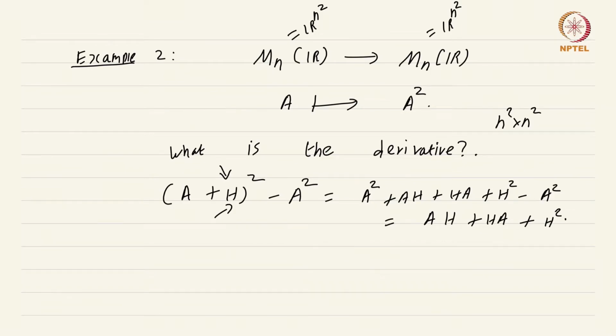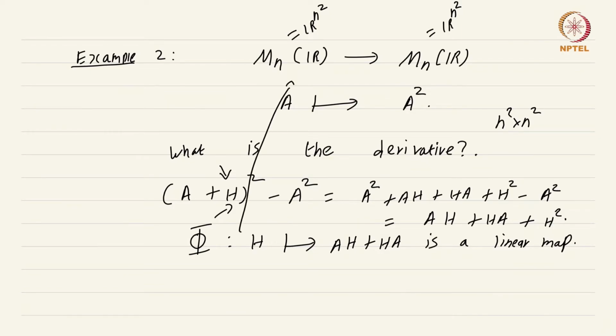So by this exact same explanation, it's easy to check that the map phi that takes H to AH plus HA is a linear map. It's clear that it's a linear map when we view the space as M and R. When we view the space as M and R, it's very clear that this is going to be a linear